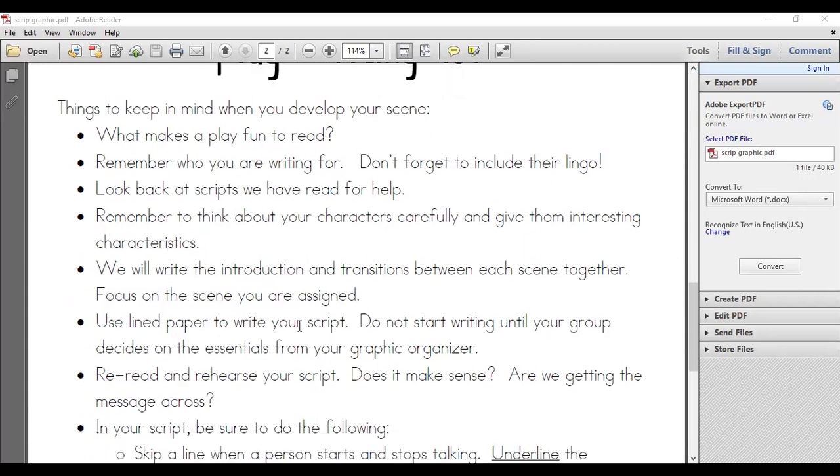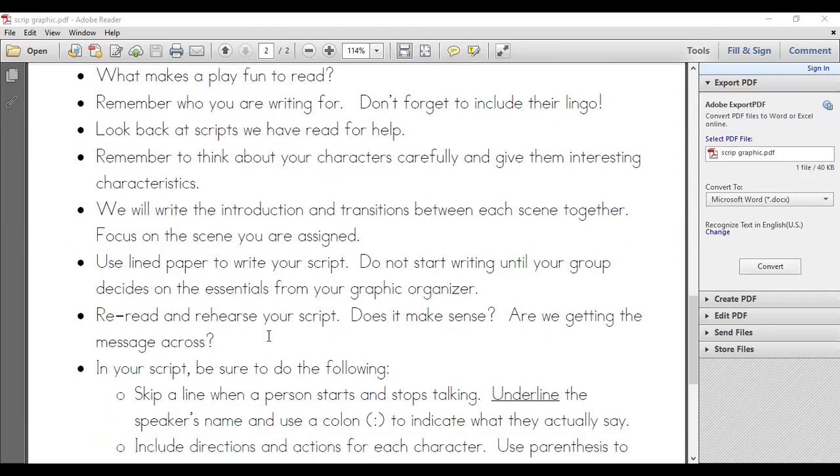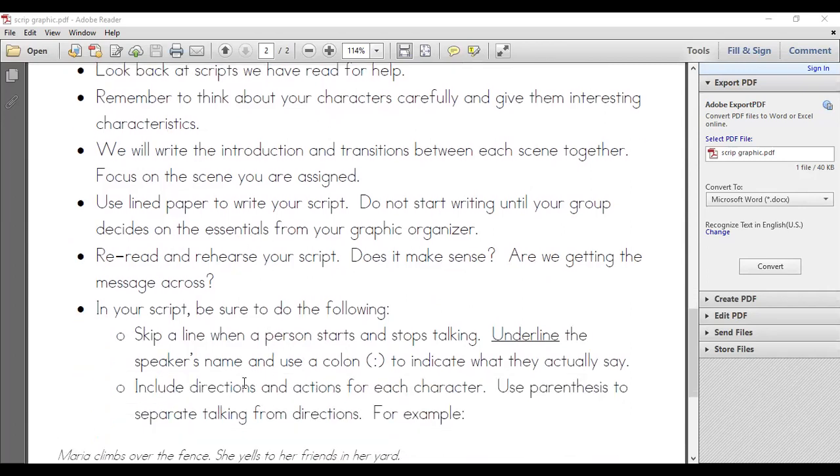Use lined paper to write your script, your rough draft. Underline the speaker's name and use a colon after the person that speaks. When you introduce a new character, we skip a line. Write in columns, in exactly the same format that you see with